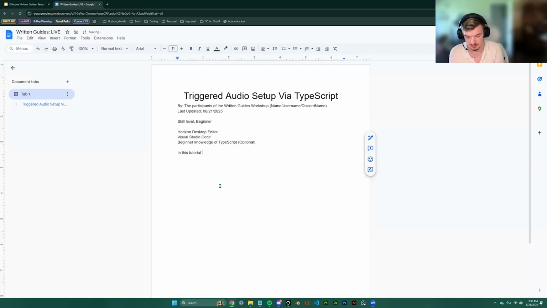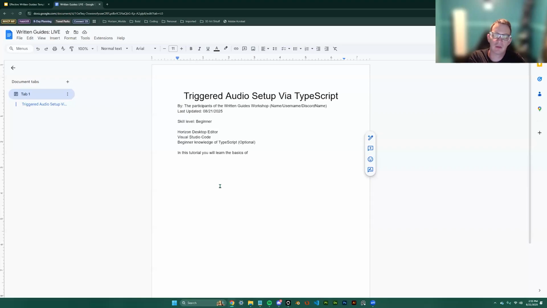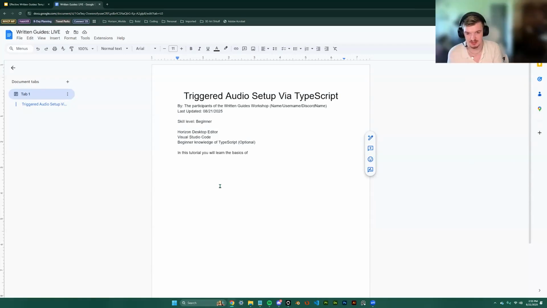In this tutorial, you will learn the basics of... Is this the stage where you give links to these things? I think you could. I don't know that we'll go through with that here, but you very easily could link to some of these things. In this tutorial, you'll learn the basics of triggering audio via TypeScript, subscribing to trigger events,